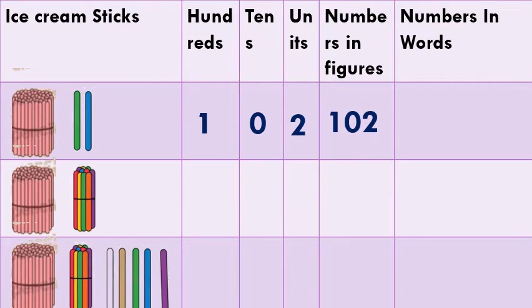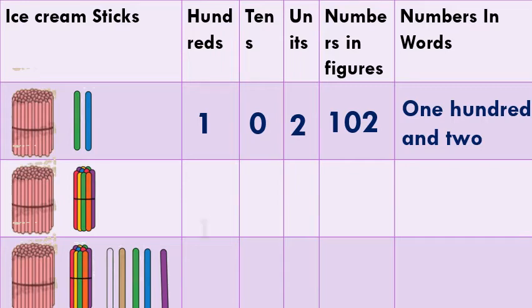Okay, see this: 102. In the tens place 0 is there. So 102. We have to put 0 in between 1 and 2. And how will we write the number in words? See this: 102. What is the spelling for 100? HUNDRED. Got this? Okay, now we'll move to the second one.